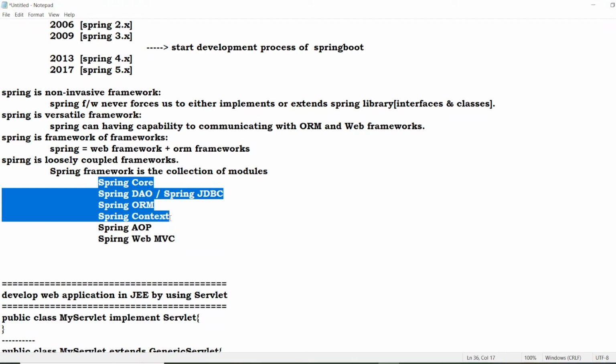Yesterday and today are only basics, but tomorrow I'm introducing SpringBoot. If I directly teach Spring Boot, you can't learn. The wordings will be new, and if the words are new, the concepts will bounce from our mind. That's why I'm preparing you and putting you in a position to understand Spring Boot easily.